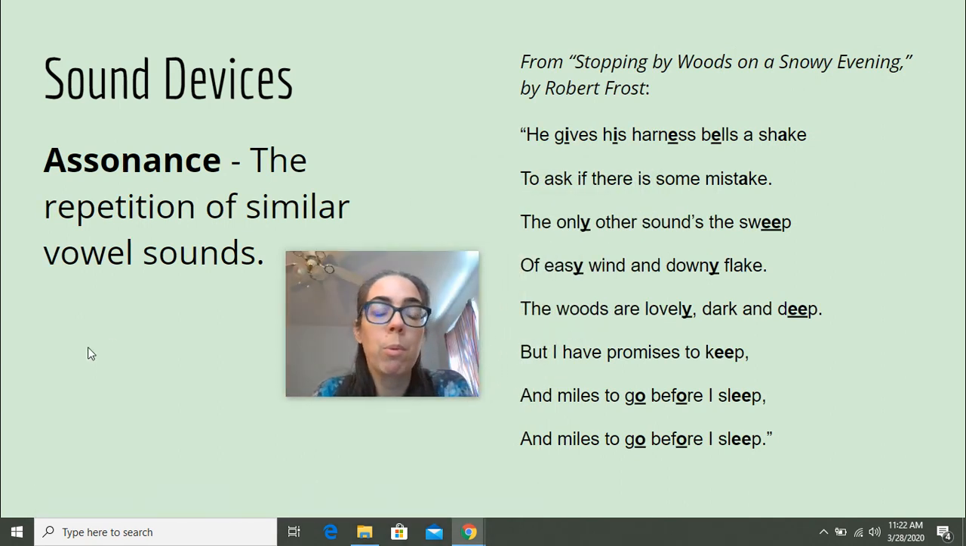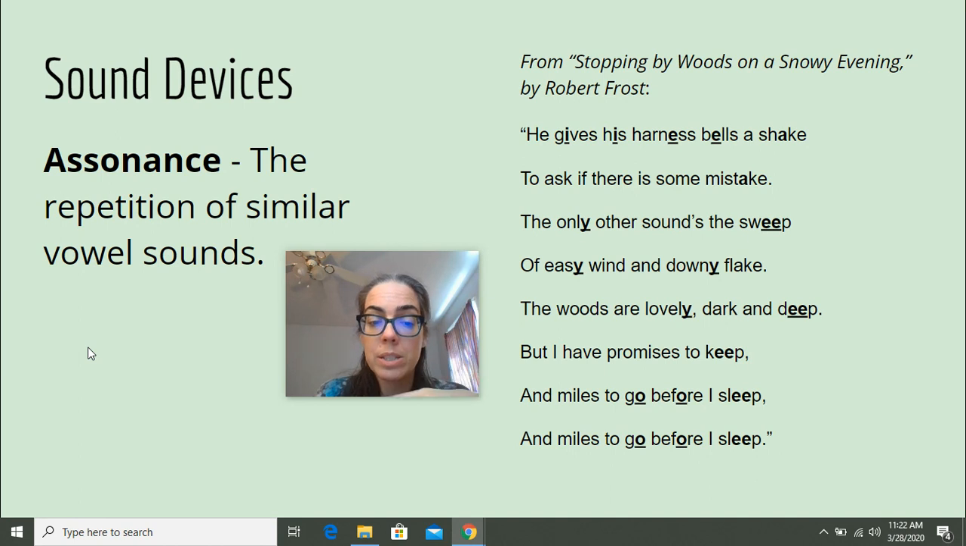Assonance, same thing, but we are listening for vowel sounds. And this is a Robert Frost poem. I think that you guys also had to memorize this last year. And so you can tell in here where I've got the various vowels. When you just look at it, it just looks like a poem. But once you start listening to